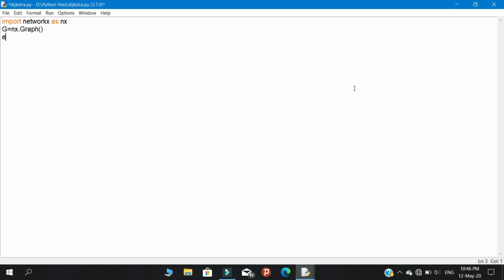First of all, we need to declare a variable called e and open the list and start to create the edges. So look at this, A is one vertex and B is another vertex. In between these two vertices there will be an edge, and the weight of the edge is 1. So this is the syntax. First of all, you must understand the syntax, then only you will understand this program. So let's create another edge.